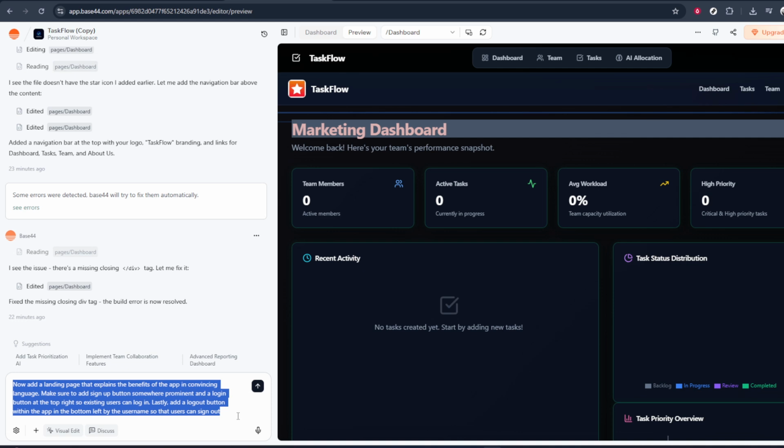The platform will then generate the corresponding screens based on what you described. After it's done, review the new login and sign up pages in the preview. Check that the fields, buttons, and overall